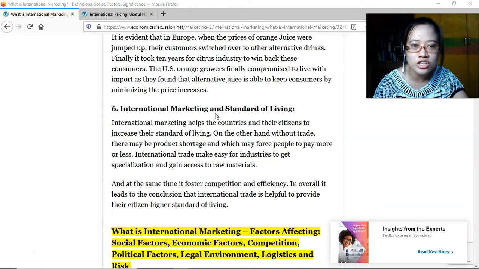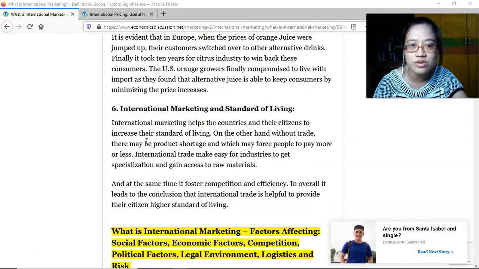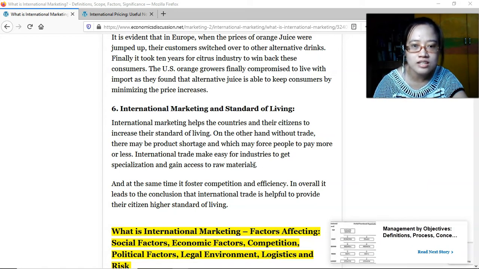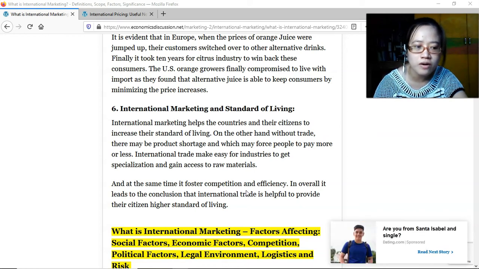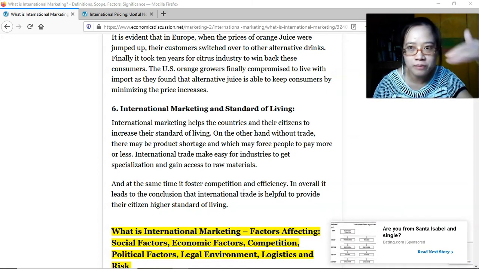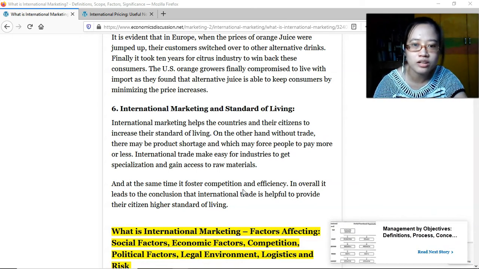Number 6, international marketing and standard of living. It helps the countries and their citizens to increase their standard of living. On the other hand, without trade, there may be product shortage, which may force people to pay more or less. International trade makes it easy for industries to get specialization and gain access to raw materials. And at the same time, it fosters competition and efficiency. So, when people tend to buy products from outside sources instead of the local, then in a way that fosters competition